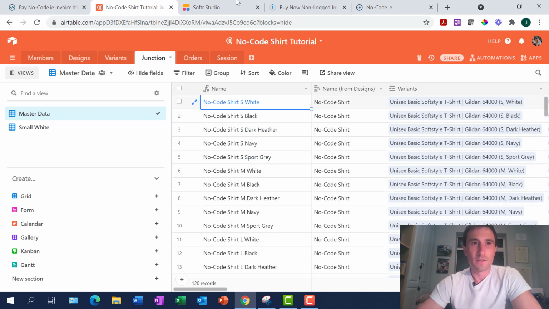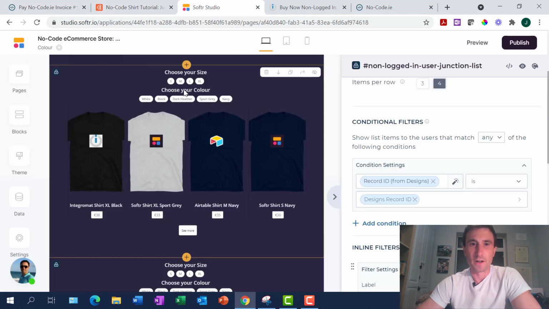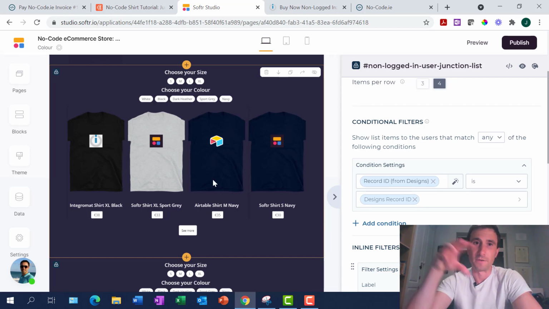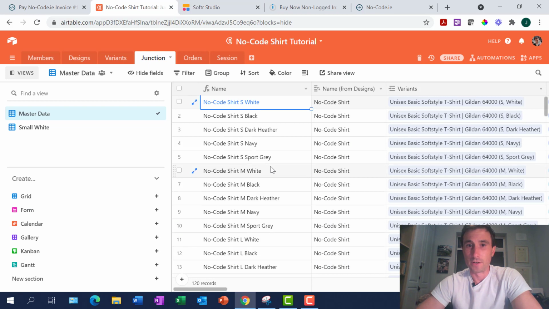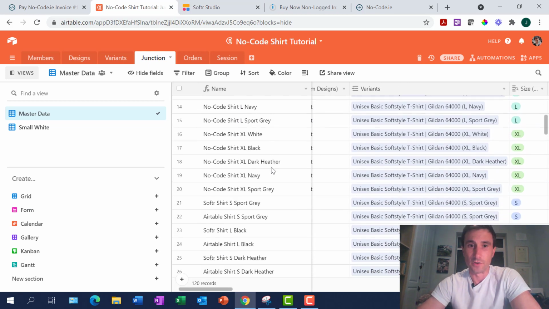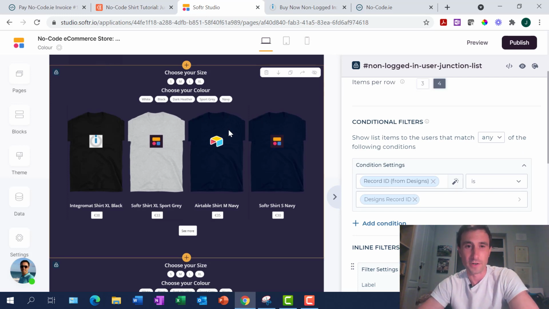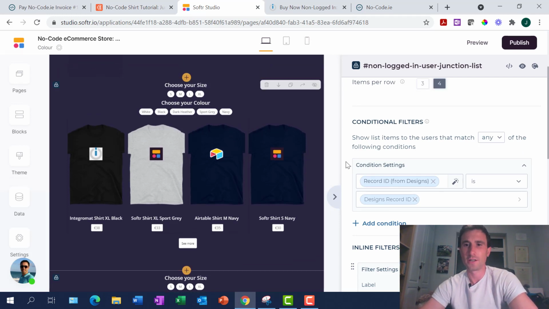Right? So by using the filters inside of Softr, you can whittle it down, and it gives a good shopping experience from the point of view of, oh, I'd like a small t-shirt and I'd like a dark heather t-shirt, and it immediately shows you the thumbnail for that particular product, and you're filtered down to your individual item out of 120 items quite quickly. So the way we've achieved that is